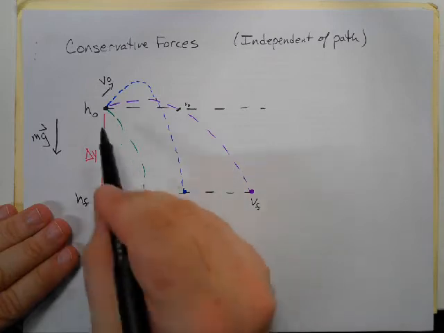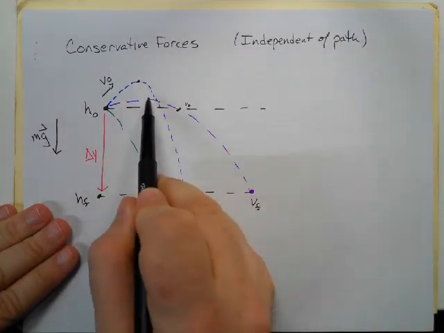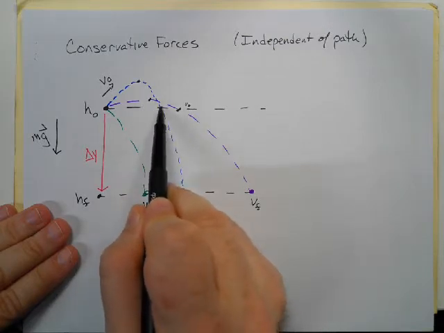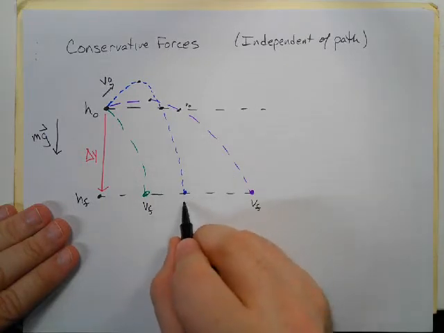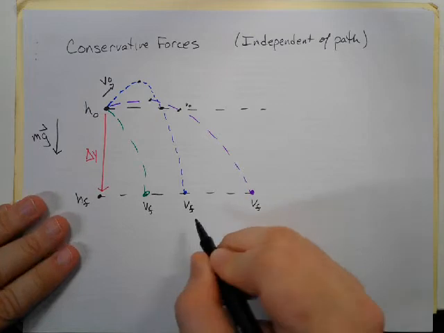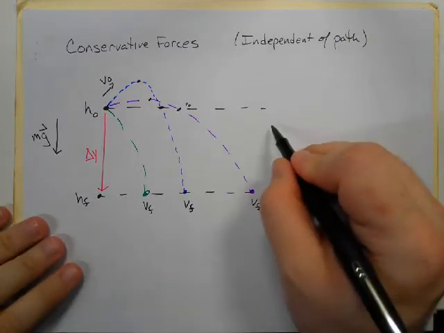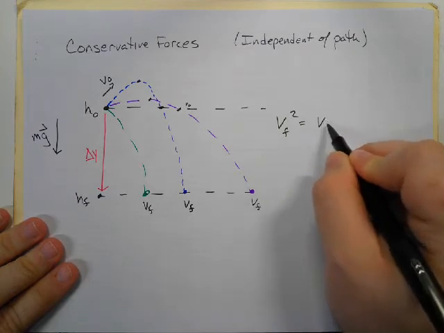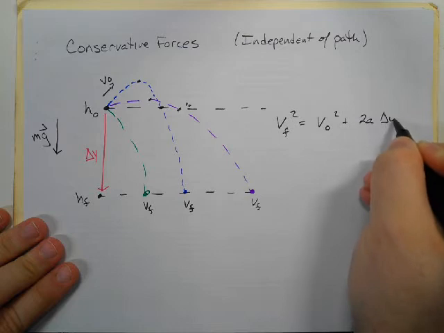And when it jumps up here, it'll slow down a lot more, but it'll still get to 0 at its maximum height, and it'll come back down here, and it'll have v initial there as well. So when it gets down to here, it'll be v final. And we talked about this a little bit, the idea of calculating the velocity. Well, the velocity looks like v initial squared plus 2a delta y.